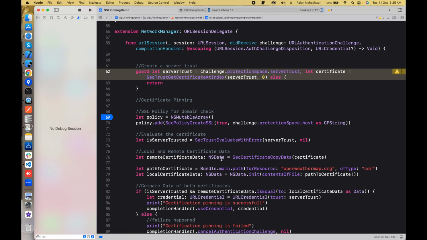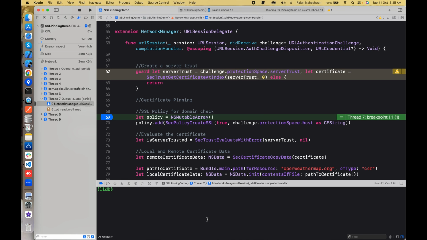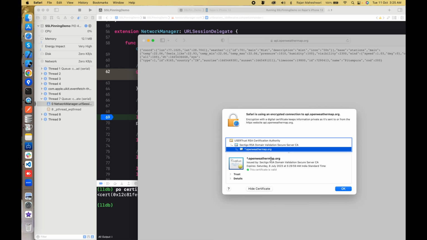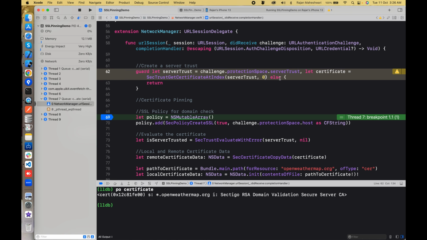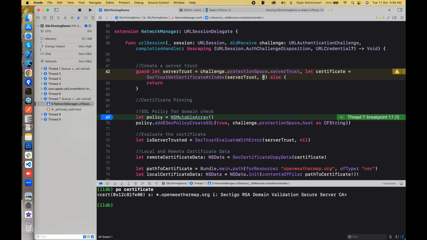So if I run the application again here, you can see that the certificate is the one which I really want, which I am actually comparing. So this is the one. You can see the name of the certificate, asterisk dot open weather, and you can also match that, right? And if you write 2 here, then obviously it will crash because it has only 2 children. One is this, one is this. So we generally use this 0 because we want the leaf certificate. Okay,